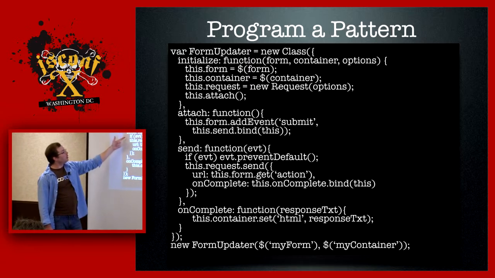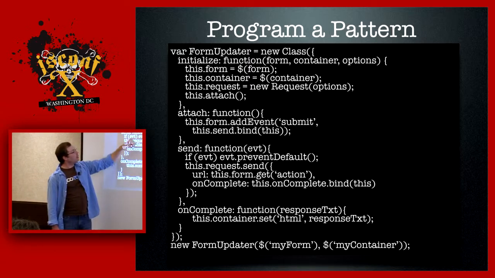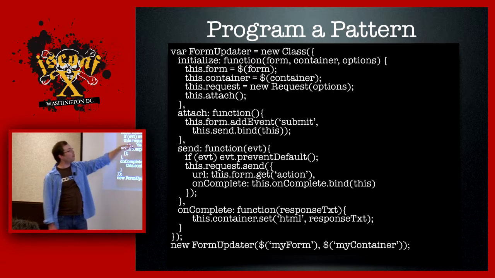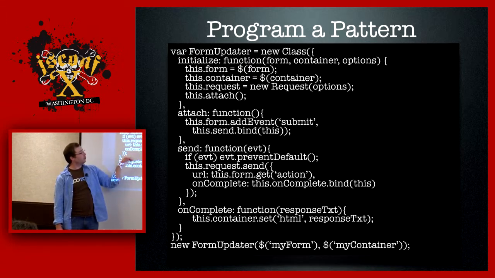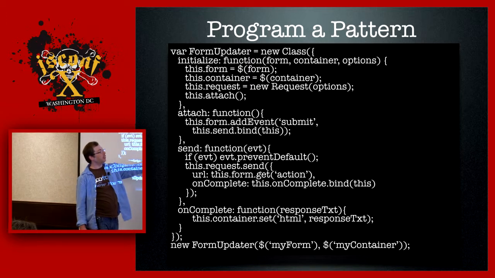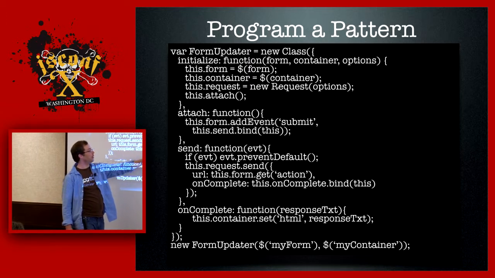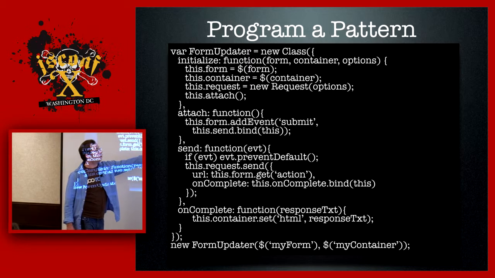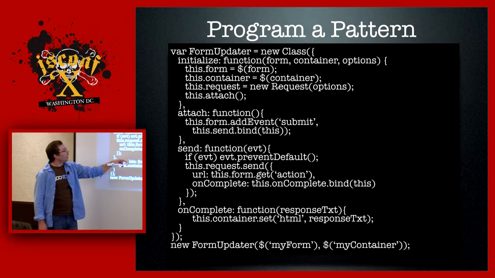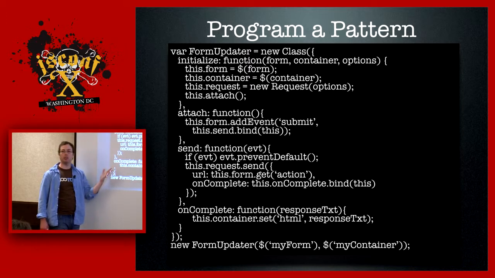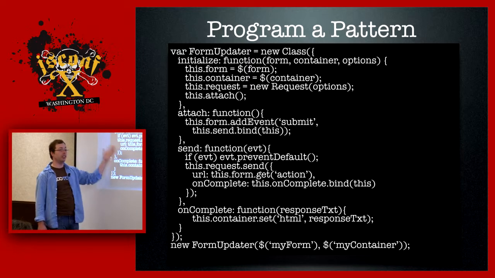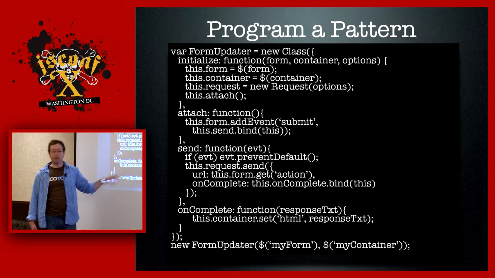I have a send method. It takes an event, and if the event is defined, then it stops it. But it doesn't have to be there, so I can just call my instance.send, and it'll send the form, even if the user didn't click OK or whatever. This request.send, the form, onComplete, this onComplete, bind this. I'm not going to talk about binding, but it basically preserves what the pointer is to this instance. Again, I could have written a function right here that did my onComplete, but now because it's over here, I have an extension point where if I create a subclass that does something different onComplete, then I have an easy way to overwrite that.